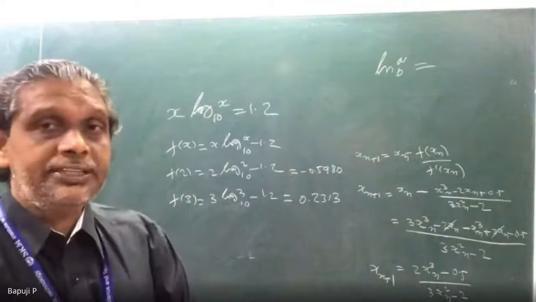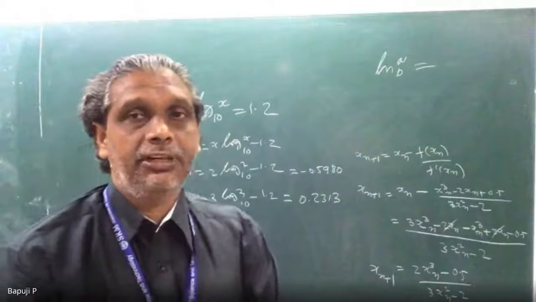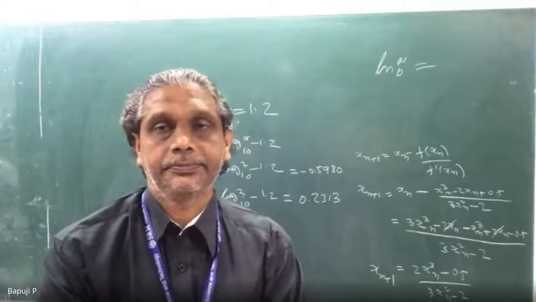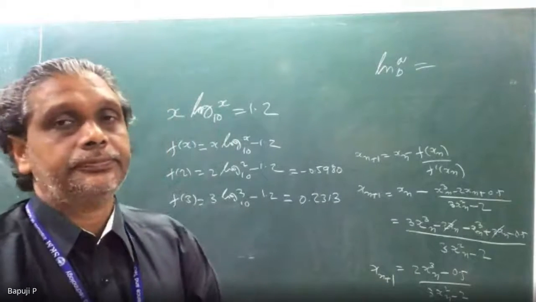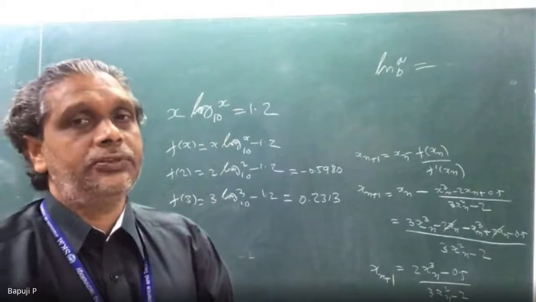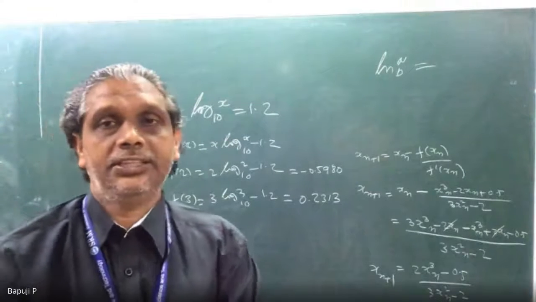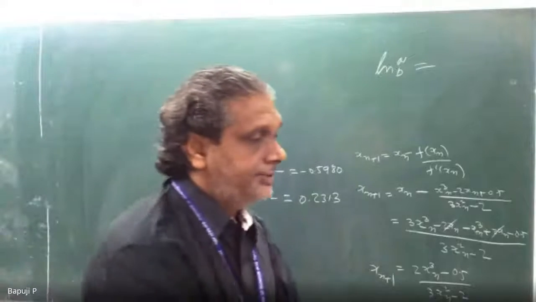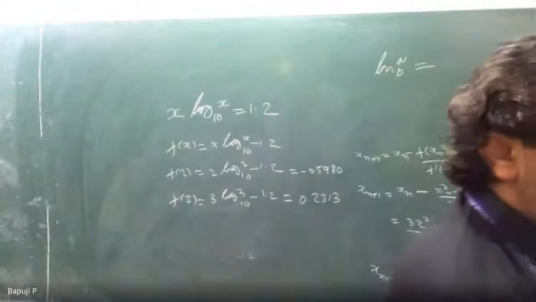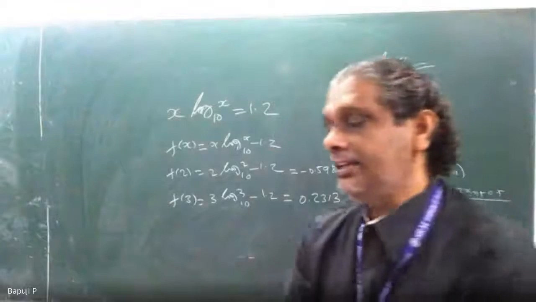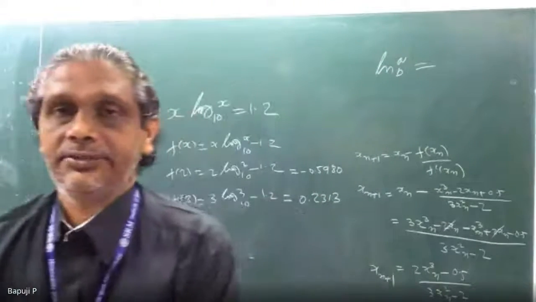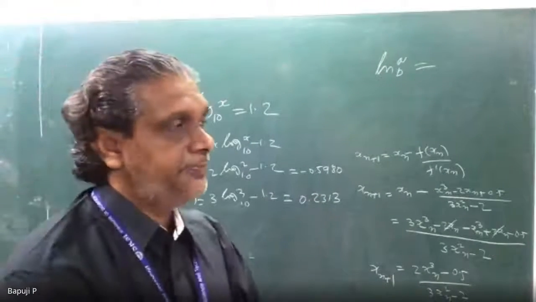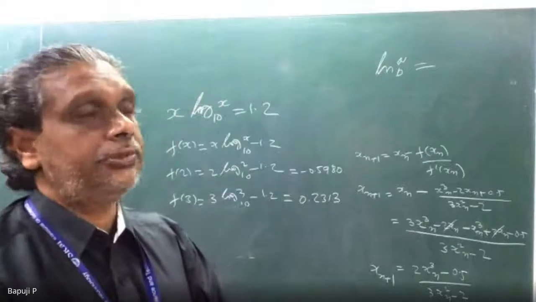Am I getting a smaller value for f of 2 or for f of 3? See the numerical value, don't see the symbol, plus or minus. f of 3, sir. So at 3 my function has the smallest value. You can start with x naught as 3. Then you will travel fewer iterations, so in fewer steps you will reach 0. That is the beauty of this problem.